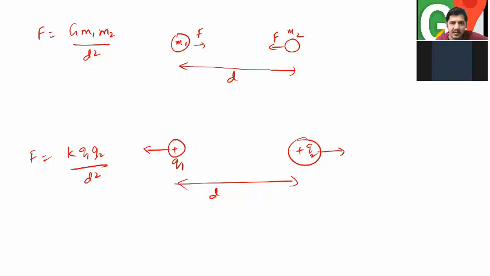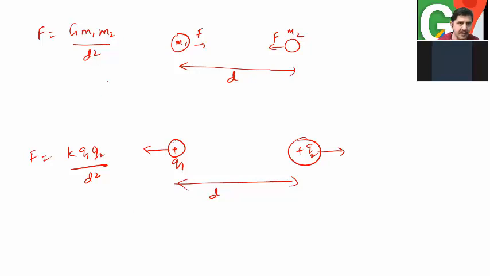So you should not write these arrows like this here. You are writing the arrows like this because the force experienced by M2 due to M1 is attractive. So it is like this. And the force experienced by M1 due to M2 is attractive once again. You are writing it like this. Hence it is attractive. Here it is repulsive. Correct? Yes, sir.